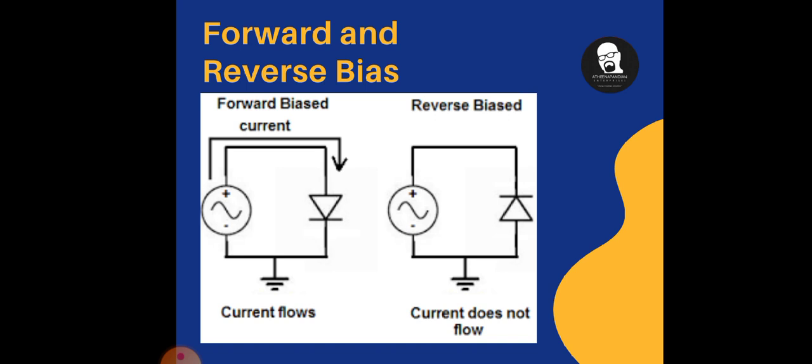So in reverse bias, the voltage and current readings are very poor. Very little current will flow through the junction because of minority charge carriers. So in reverse biasing, the width of the depletion layer is increased, because instead of recombination, charge particles get attracted towards the positive and negative terminals of the battery, because opposite connections are made. So voltage is very low and current is very low, and current flows due to only minority charge carriers.